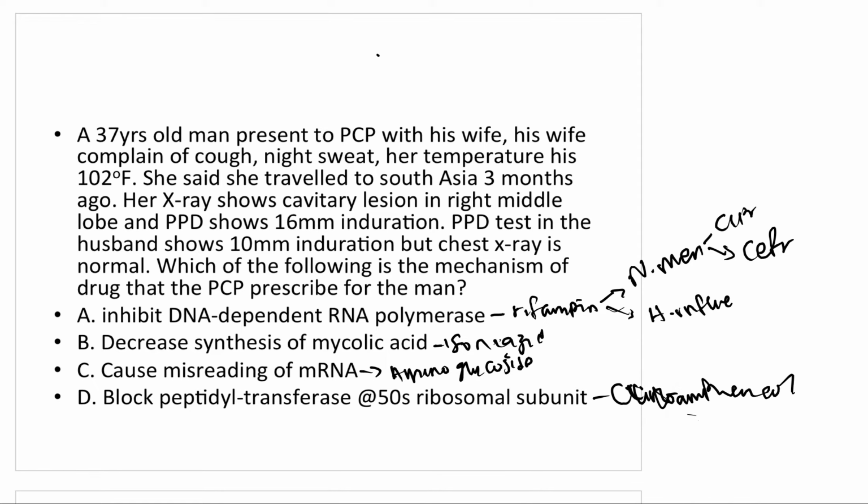So after we all know the drug now, we know the answer is B. So I would like to work on the most common side effect of each of the options. Our option A, most common side effect is the red-orange coloration of the body fluid. For example, the patient will be sweating, sweat will turn red, tears will turn red or orange. And another question that could present on rifampin is a patient using OCP. If a female is using OCP and she's taking rifampin, she will be pregnant because rifampin is a cytochrome P450